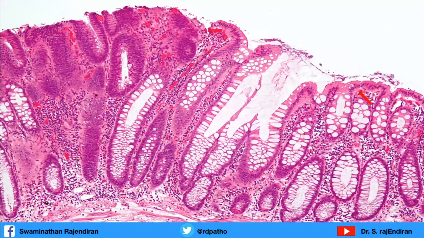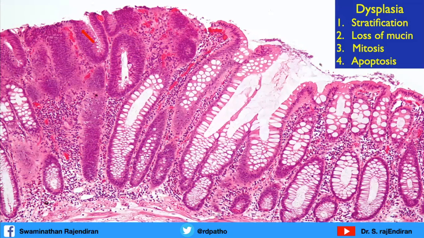Here what is happening? This is a colonic biopsy. You see the normal epithelium, single layer, a lot of mucin, looks normal. When you travel all along, what's happening here? You see the difference between this and this. Here single layer of cells, mucin is present, whereas here stratification has started, loss of mucin. So stratification, loss of mucin. And when you go to high power, you can see a lot of apoptosis and a lot of mitosis. So this is a diagnostic criteria for dysplasia: stratification,